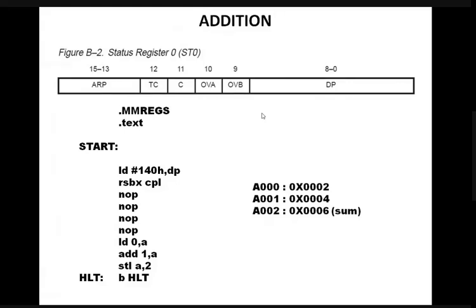Okay, so Code Composer Studio is an integrated development environment like Keil IDE for performing signal processing applications for TMS processors, which are Texas Instruments processors, like the PIC microcontroller. PIC microcontroller is from Microchip. For Microchip, we have MPLAB. MPLAB is an IDE for developing programs for PIC microcontrollers.